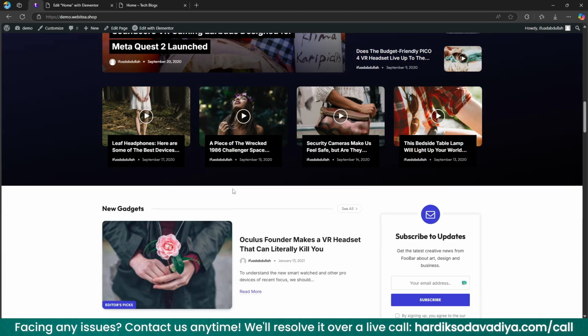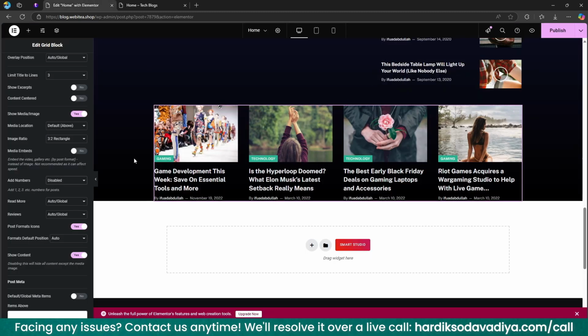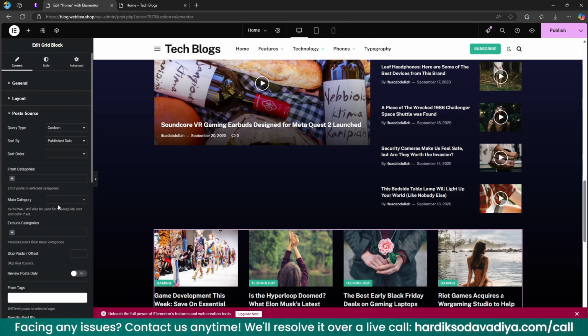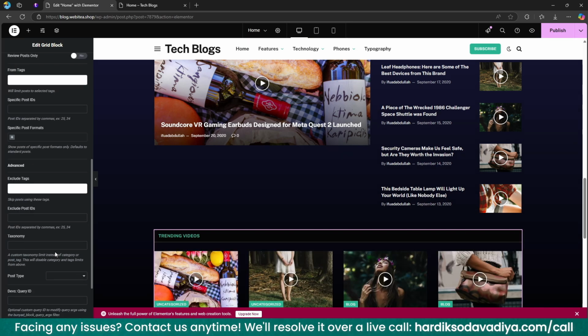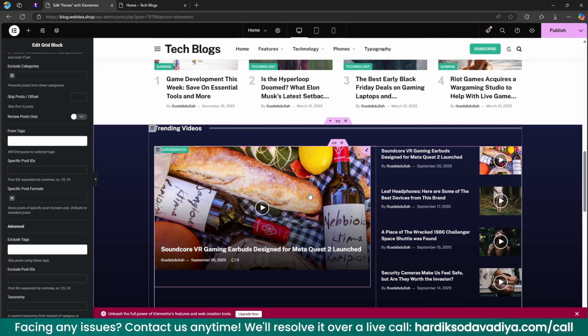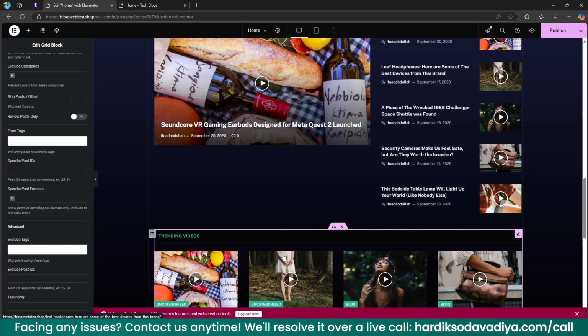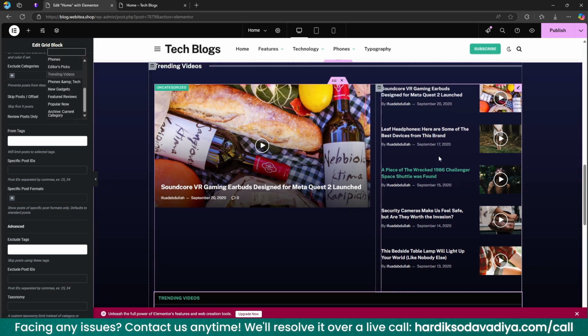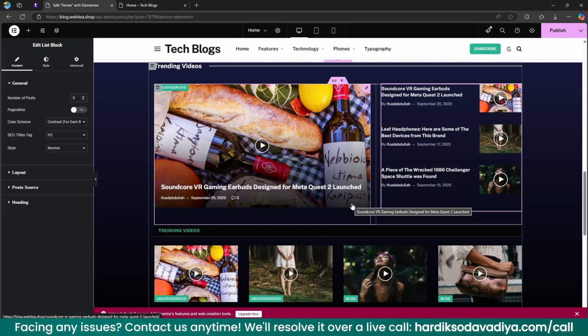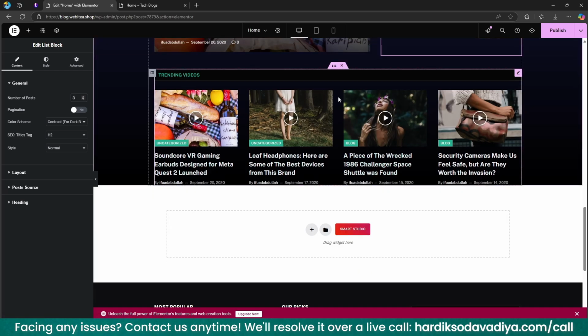On the example website it looks like this, no problem. First of all, we need to change the source here. It should be trending videos, and we will definitely need to add some offset because all of the posts look the same, and we need to reduce it to 3. Okay,